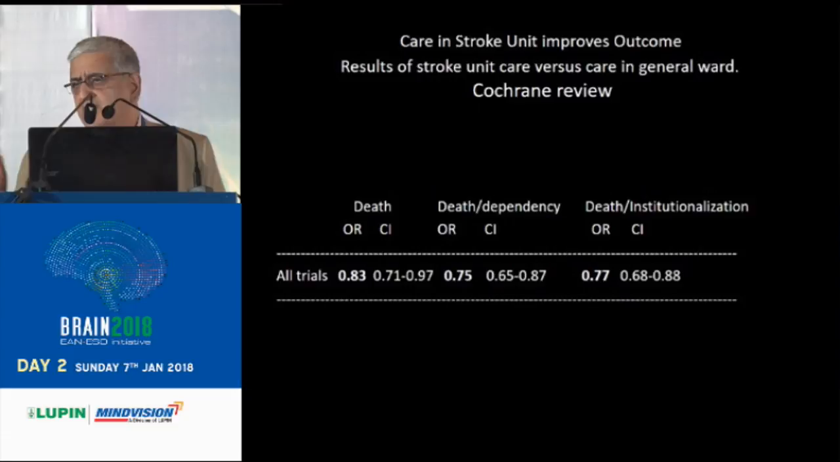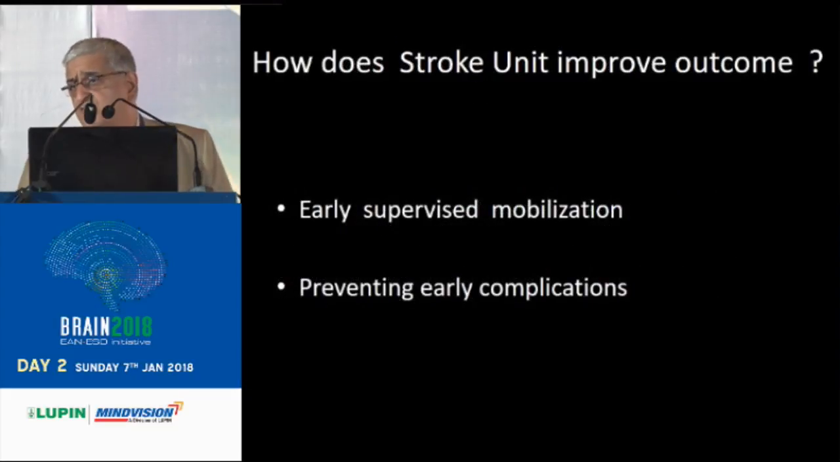And there is enough data for all these years that stroke units definitely improve outcome, whether it is death or dependency. There is a definite advantage if a patient is treated in a stroke unit. The question often asked is, what is so special about a stroke unit? Why should a patient improve there? Well, it has been found the main driver of the better outcome in stroke units is the